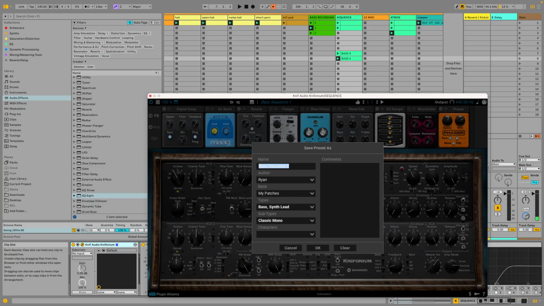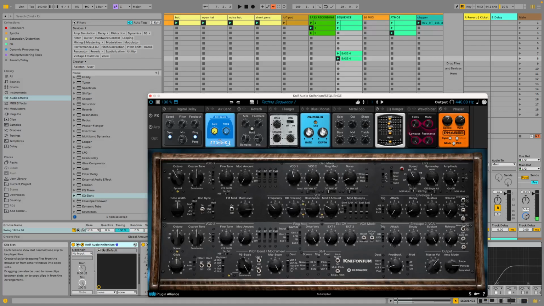So I'll call this Techno sequence 1, and boom. So now I can jump into my synth. I don't have to think about, oh, how did I make that? You know, I just make my own preset, and then I can use this and kind of play it out